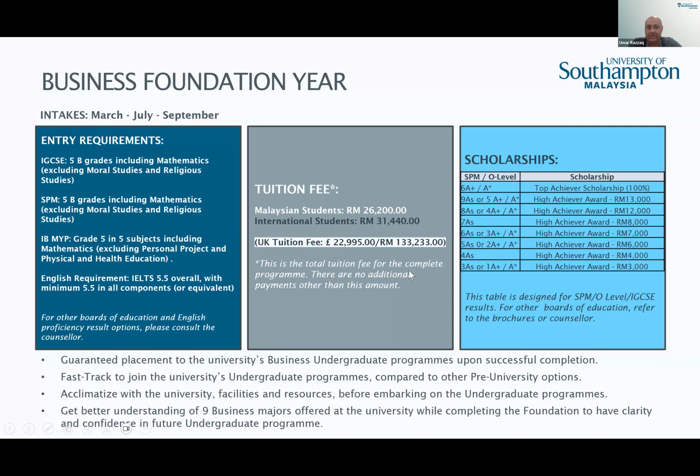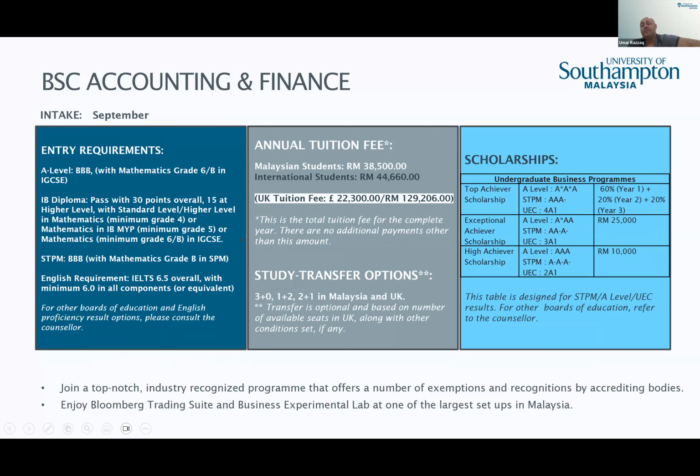So after foundation year, you move to accounting. You have the business bachelors. We have 9 business bachelors programs and 2 masters, right? So I'll go for, let's say, accounting and finance, and the other you will be able to see in your own time. So the entry requirement, let's say for A level or equivalent, is 3 Bs,